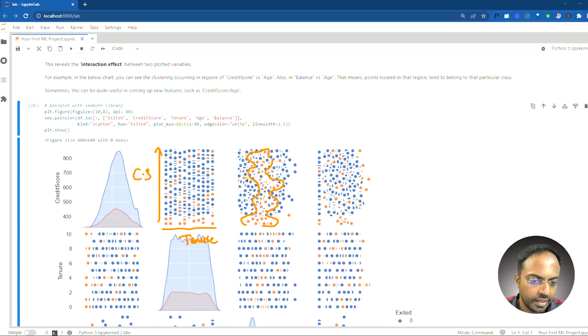It's not completely scattered and completely distributed all over the place. You can see that the churned customers exist for certain ranges of values of both the x and the y variables based on this particular scatter plot. Isn't it? If there is no relationship between the credit score and, I think this is the age, if both of these variables are completely random, they don't have any relationship between them as well as the exited